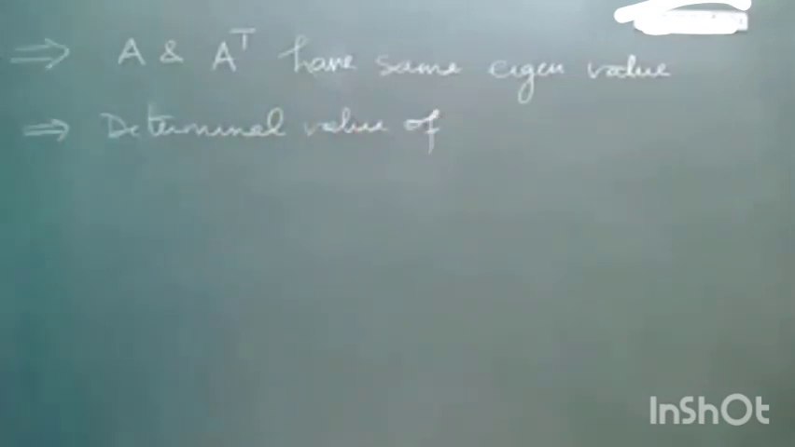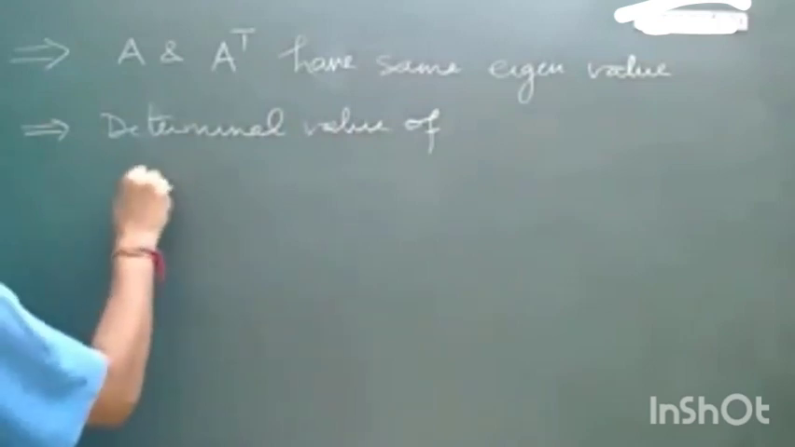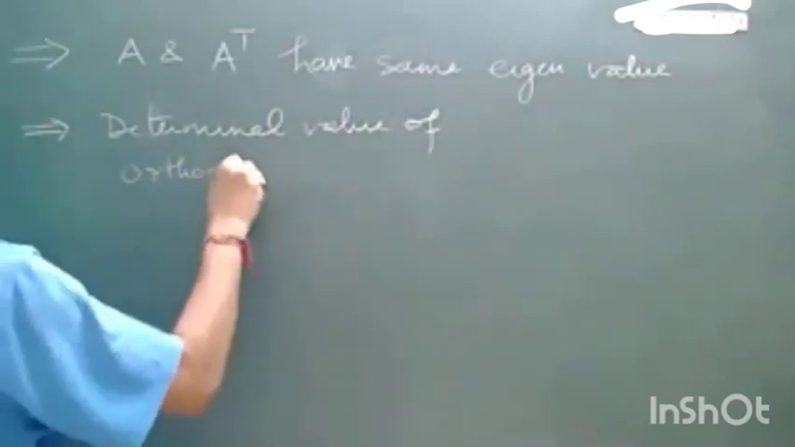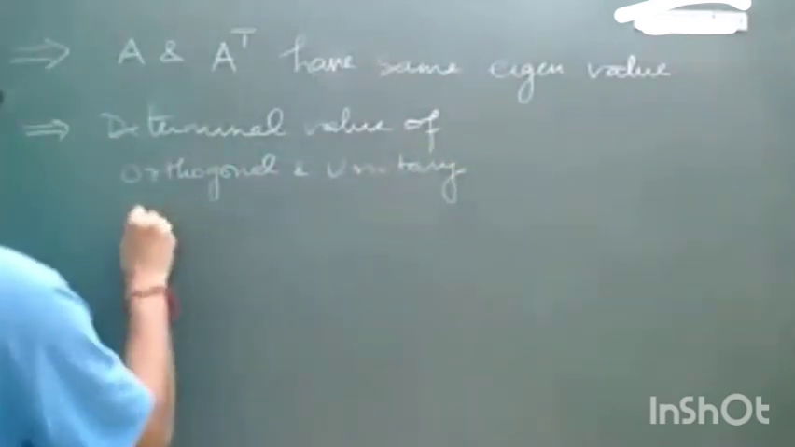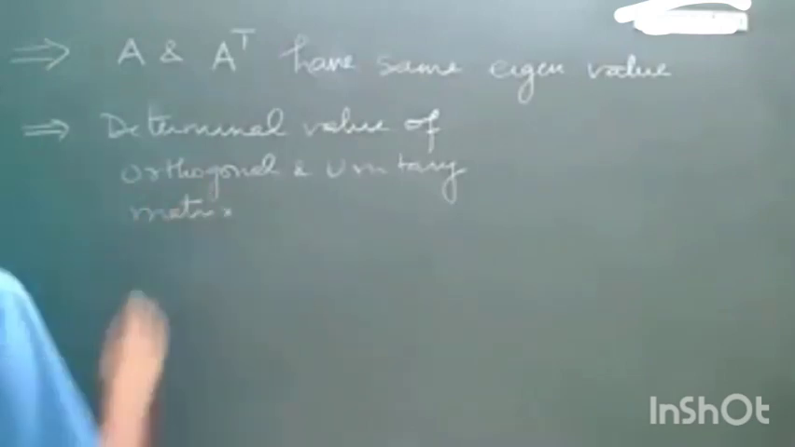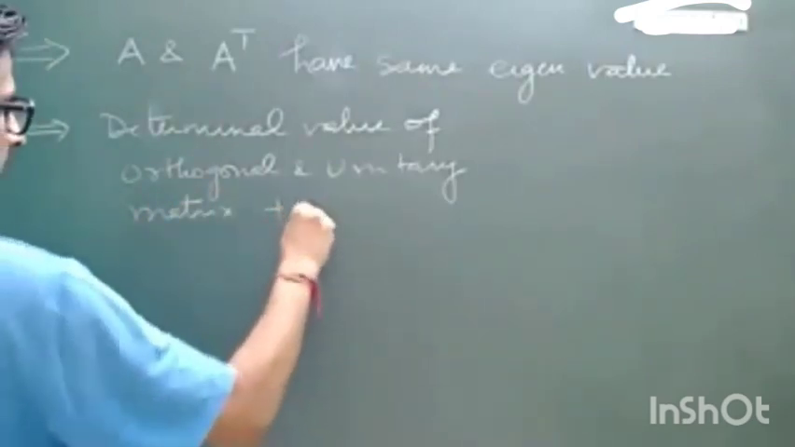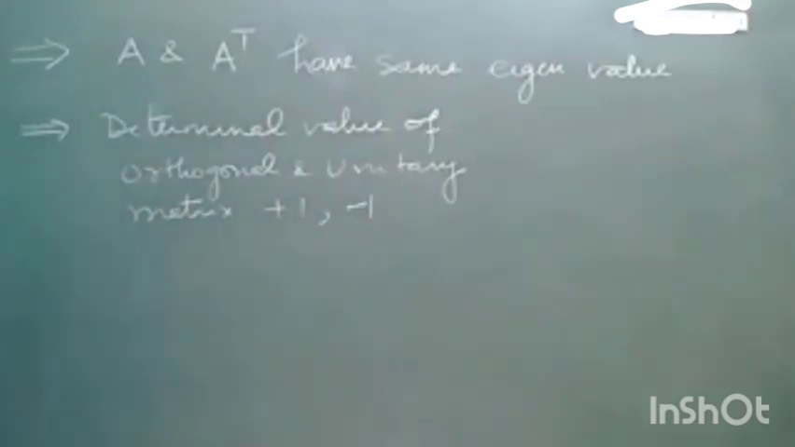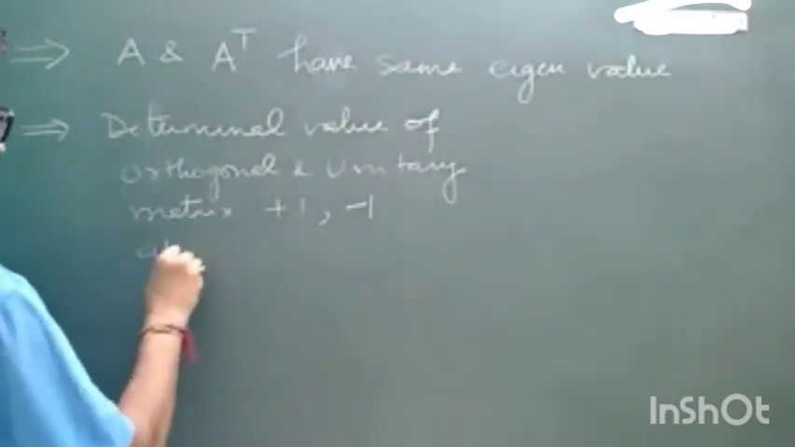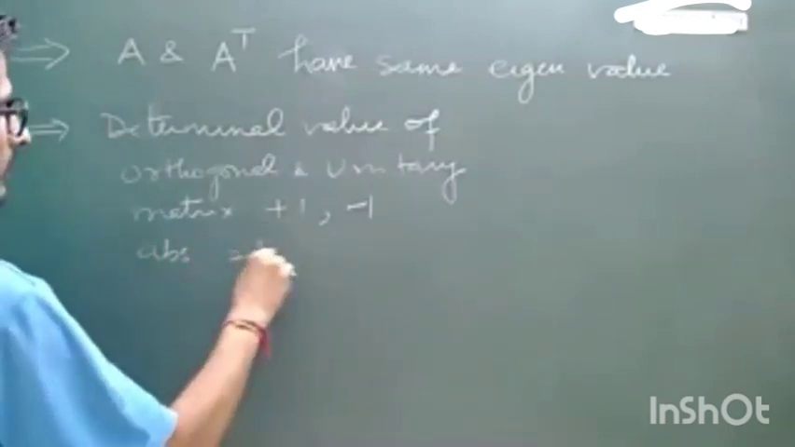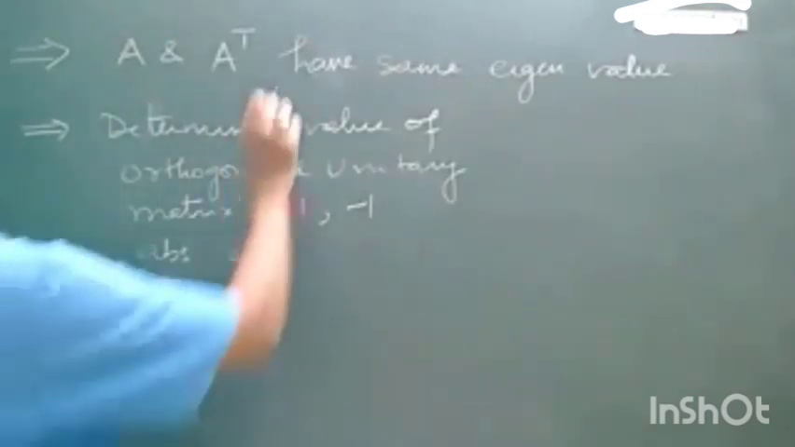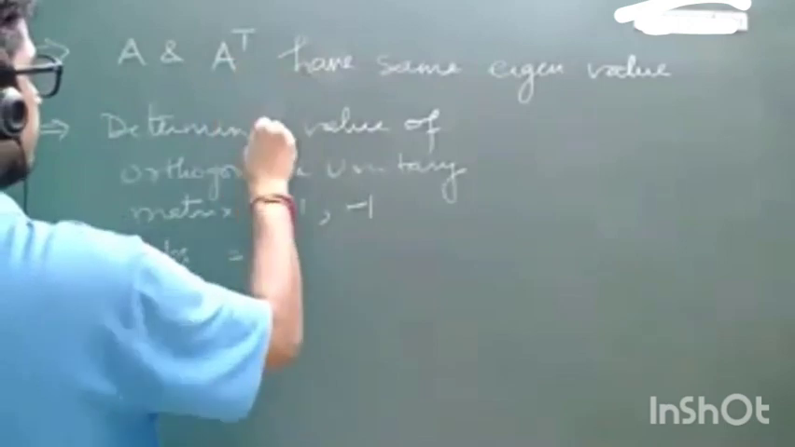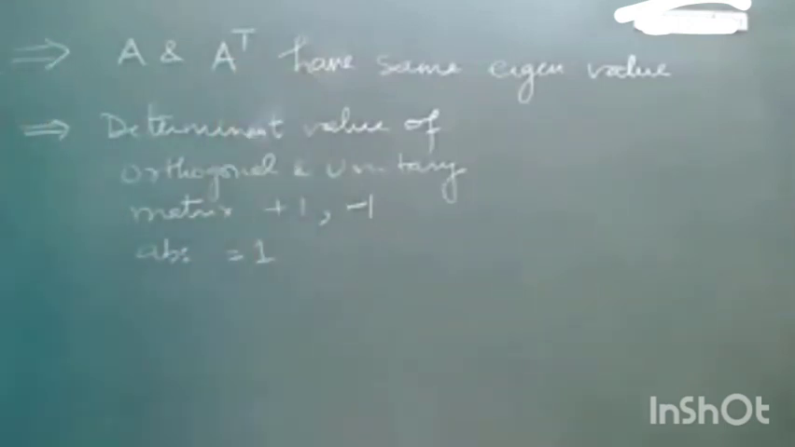And the determinant value of an orthogonal and unitary matrix is +1 or -1. So the absolute value is always 1, na? The absolute value will always be equal to 1. So if you calculate the determinant value of an orthogonal matrix,